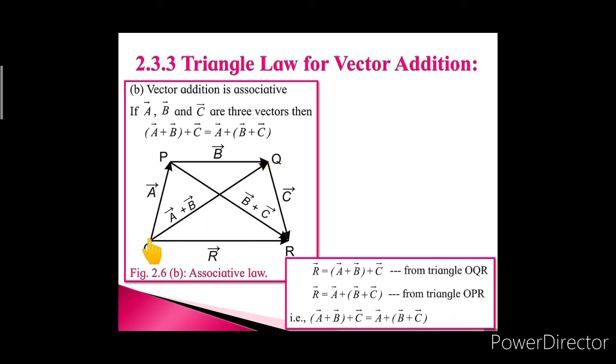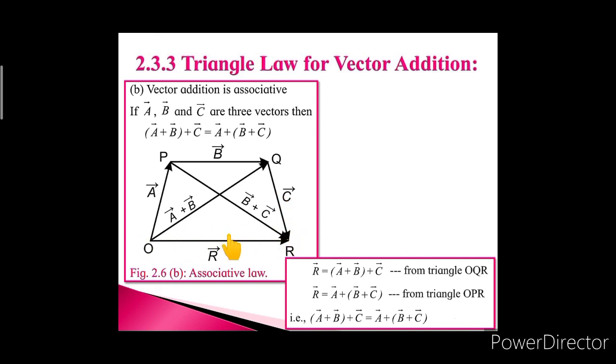So, here now this A plus B will become, as per the triangle of vector addition, one side of the triangle, and then another side of the triangle will be from Q to R, which is nothing but the third vector C. So here we are considering the next triangle, that is OQR, and here we are adding OQ, which is the first side of the triangle and is nothing but vector A plus vector B, with the third vector C. Hence the addition of these two, one is the group of vector A plus vector B, and second is vector C.